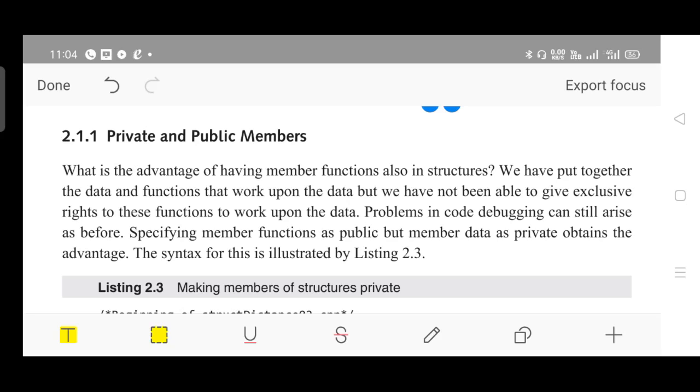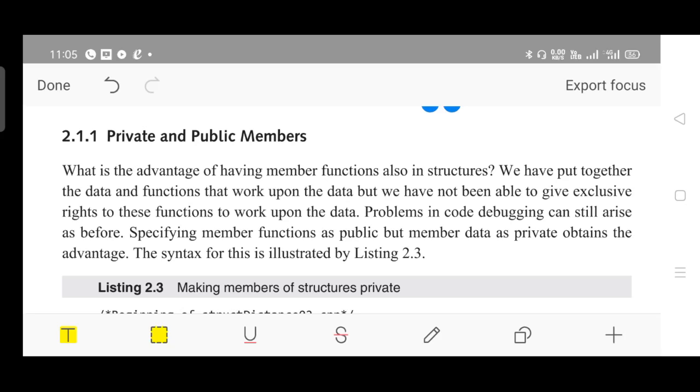Very simple thing. The meaning of private and public: private has restricted access, public has broad access. A public member can be accessed by anyone, from the main function and all, but a private member cannot be directly accessed by anybody else apart from its neighbors inside the same structure or class. We will discuss protected with respect to inheritance later, not now.